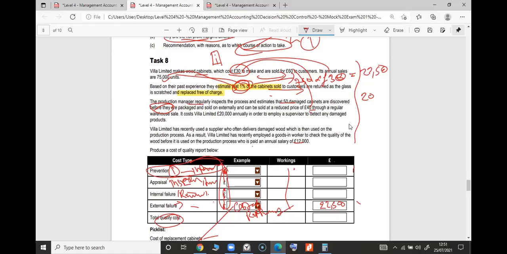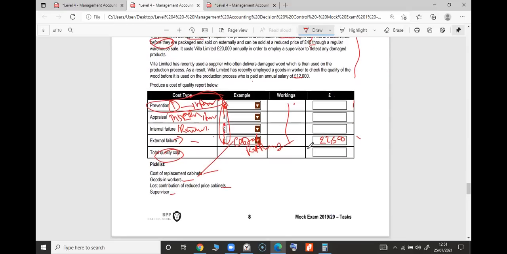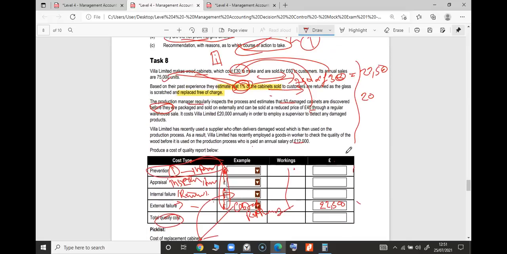Yes, well done, Samuel Jordan. You already got there, but let's work it out. This is internal, well done. So what is this? Reduced lost contribution. This one, I'll take it here. Lost contribution because of reduced sales. How much contribution are you losing? 20, because you are selling at 60 but can now sell it at 40. Regular warehouse.